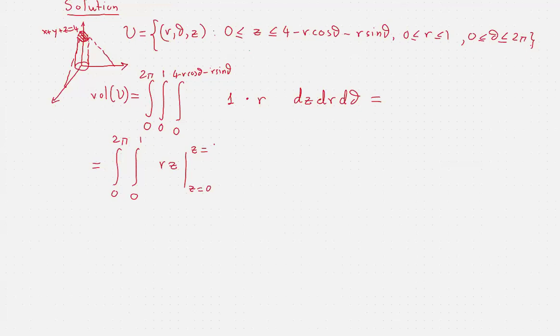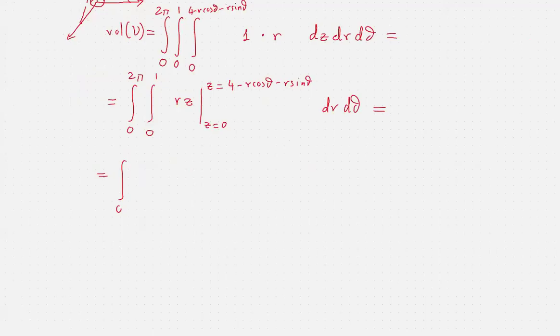And then we have dr d theta. And this is going to be the integral from 0 to 2 pi of the integral from 0 to 1 of 4r minus r squared cosine theta minus r squared sine theta